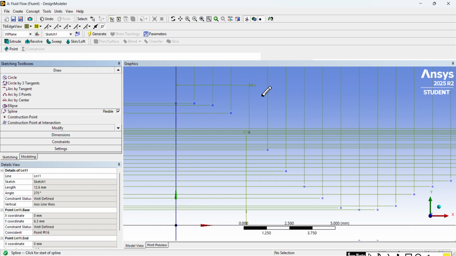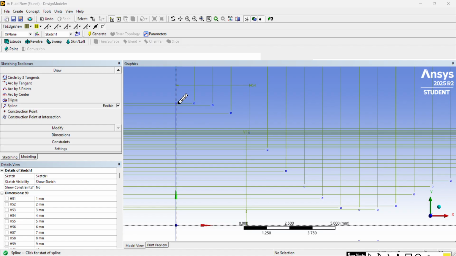point. Okay, it needs to select only P, not the C. So when I move my cursor, it is showing me P. I will select that point. Then I will select the second point. Then I will select the third point, fourth point,